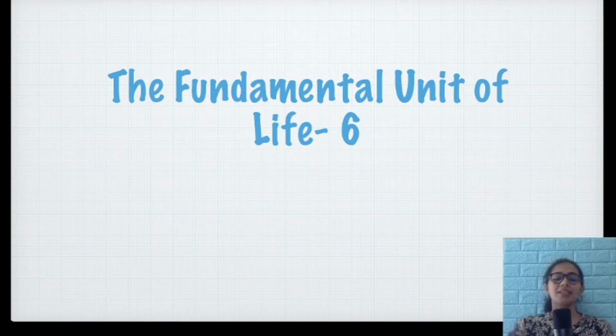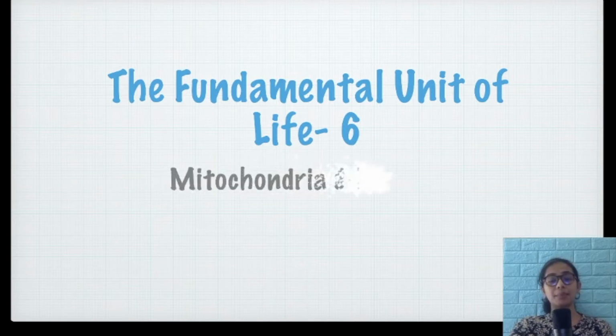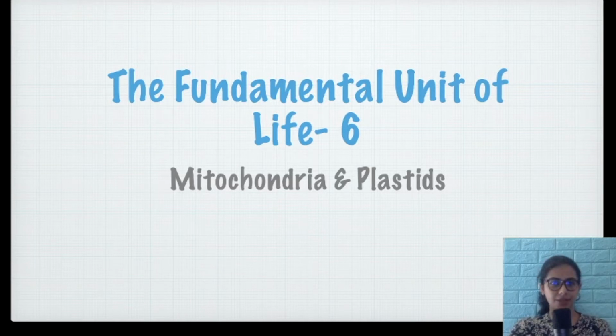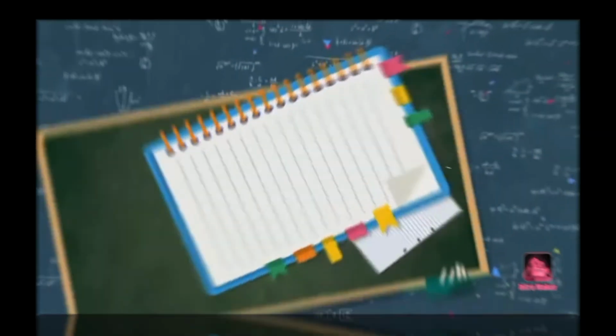Lesson together. So today we learn about two other cell organelles, that is mitochondria and plastids. They are very important cell organelles, right? So we learn about their structure, their function, how they look under the microscope, how we can draw them well in a simple way, and also we'll step outside your textbook a bit and learn more about the significance of one of them, right? So what are we waiting for? Let's dive right in.